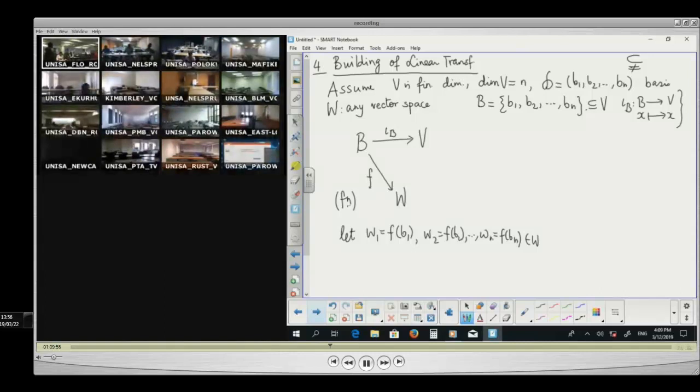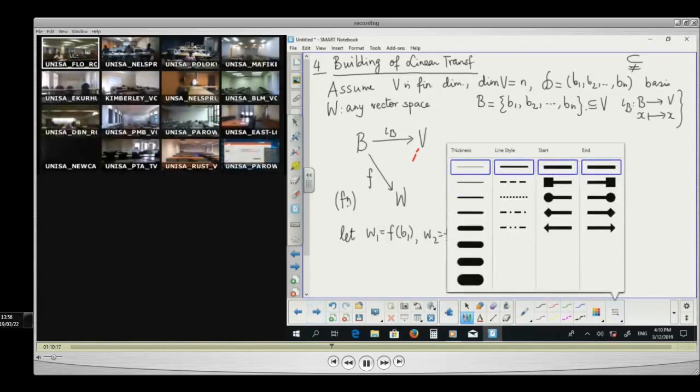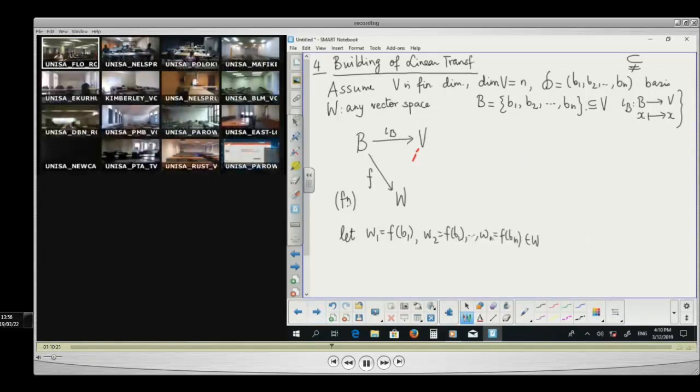So I'm saying that then there exists a unique linear transformation F bar such that